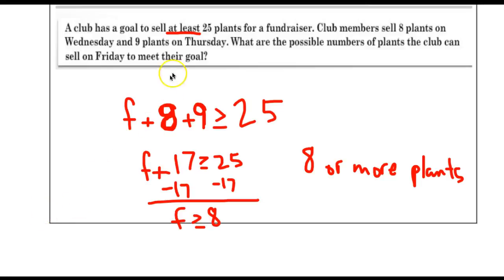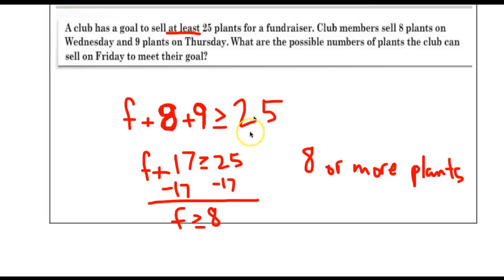So the key phrase here is at least 25 plants, which means I could sell exactly 25, and certainly I can sell more than 25. At least means 25 is the minimum, in other words. So it says club members sell 8 plants on Wednesday, that's represented by this amount. 9 plants on Thursday, that's represented by this amount. What are the possible numbers of plants a club can sell on Friday? So I'm using F to represent Friday. If I add those 3 days together, it can be at least, in other words, greater than or equal to